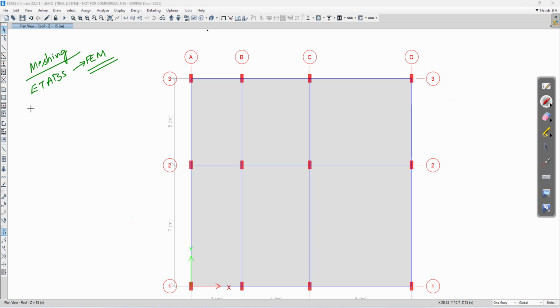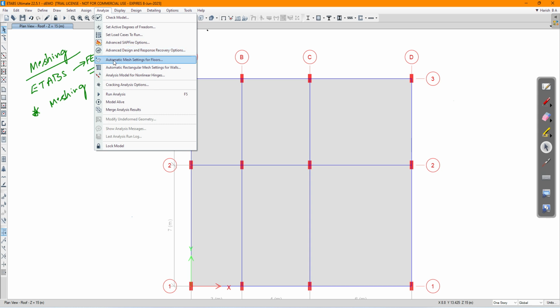So in finite element method you need meshing. You need to mesh your objects. So how to assign the mesh? So you go to analyze,